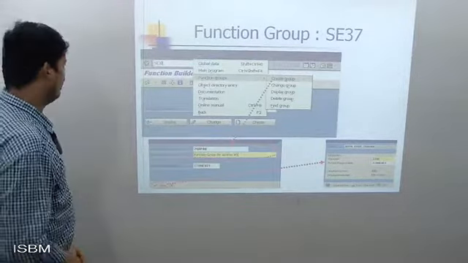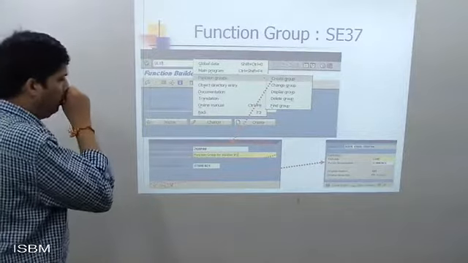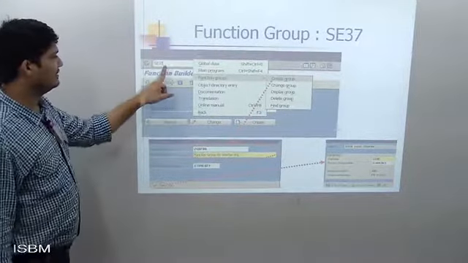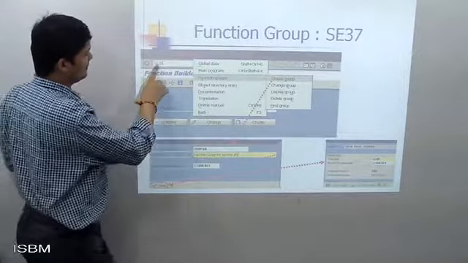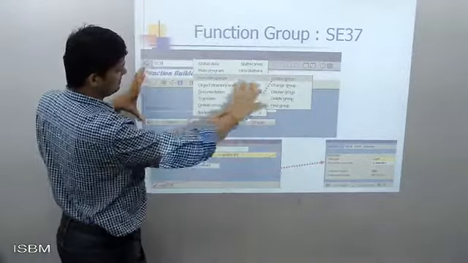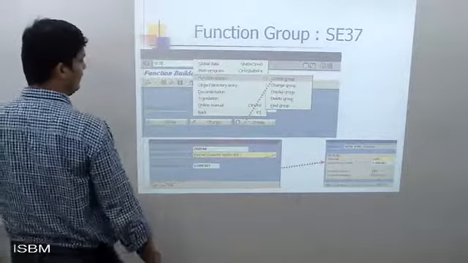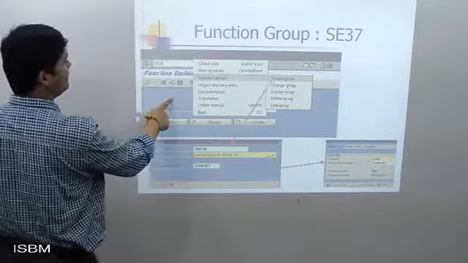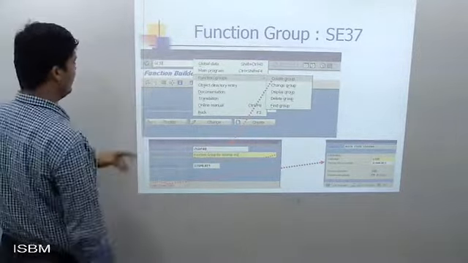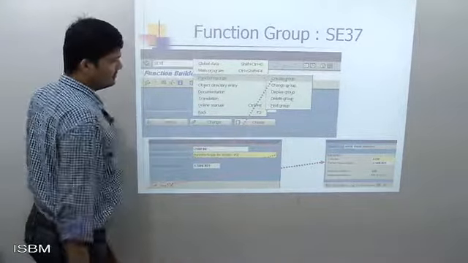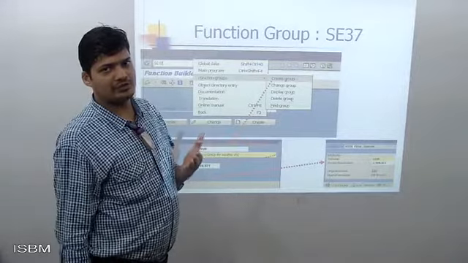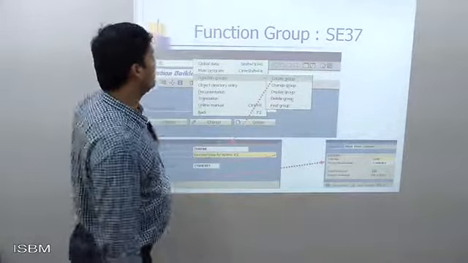Then function group. This is the SE37 transaction. In SAP, when you enter SE37, the function builder will come over here. So this is the function module. Before creating a function module, I have told you that you need to create a function group. So you need to